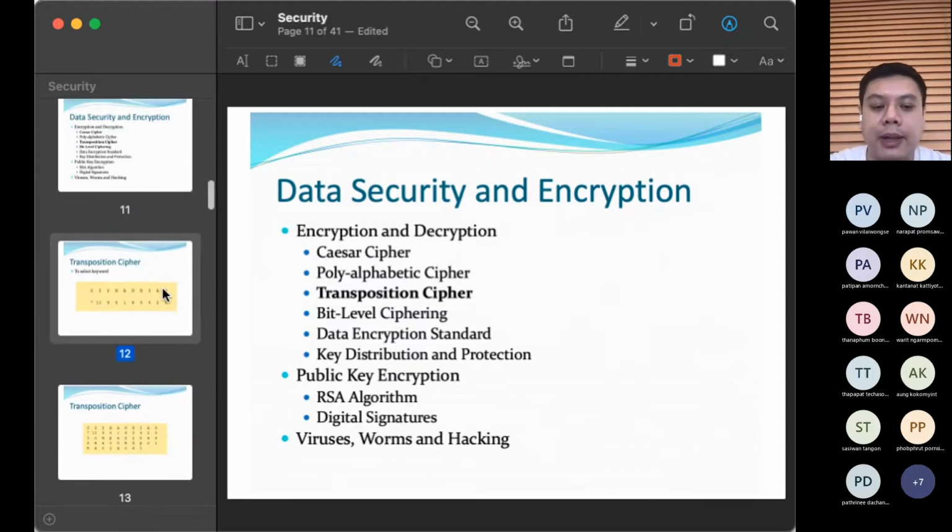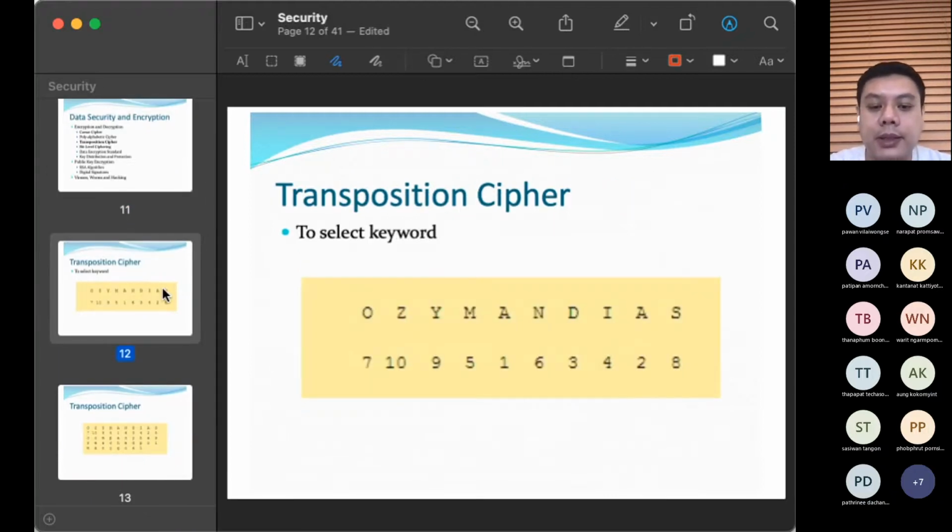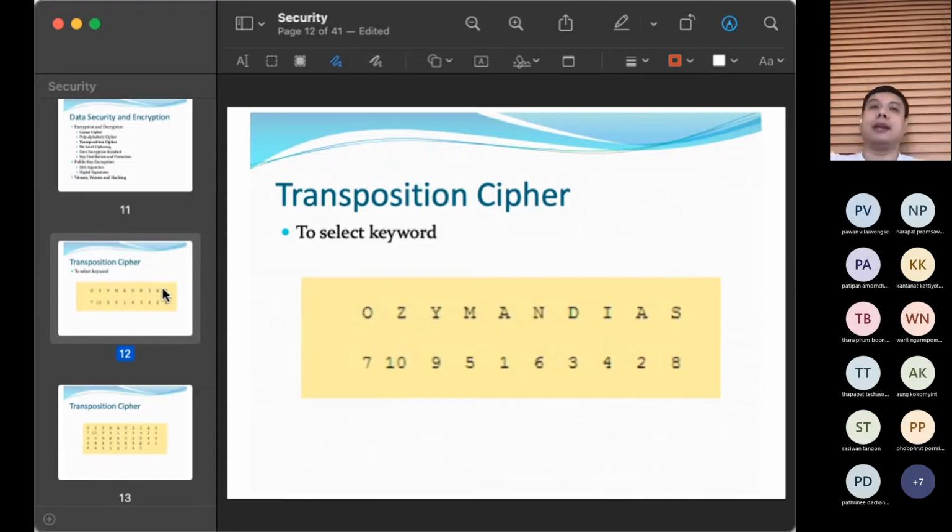What else do we have in our hands right now? We have the transposition cipher. It is an adaptation to make it more useful along the way, from Caesar's time until the present time, they have improved quite a lot. This is another improved version. Transposition cipher, Ozymandias. This is the keyword they chose. Let's see together how it works. Just try to understand how it works. This is how security actually works in computers. It's fantastic if you can understand that.